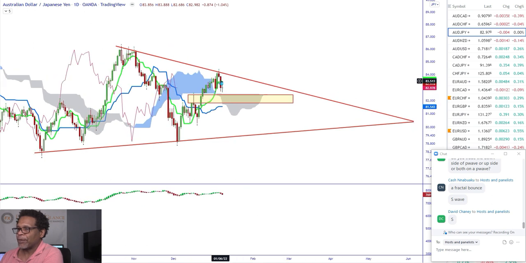But what I see here is what I told you. We got a big clamp here, a big C clamp. With that C clamp, we have a level that we could look for the market to bounce off of. So if we can find the market to bounce in this area, then we're going to look to go long at this point. But if not, it's going to violate. We'll get a cloud breakout, and we're probably heading down to this point.